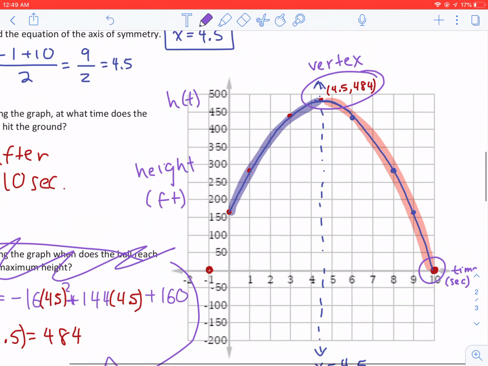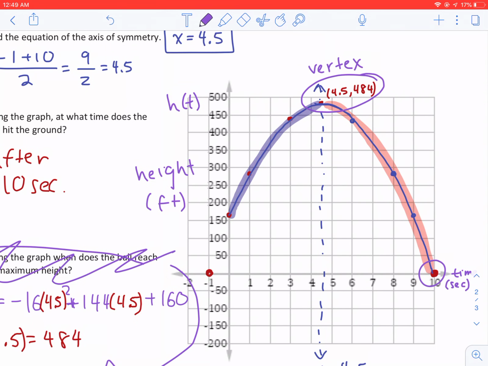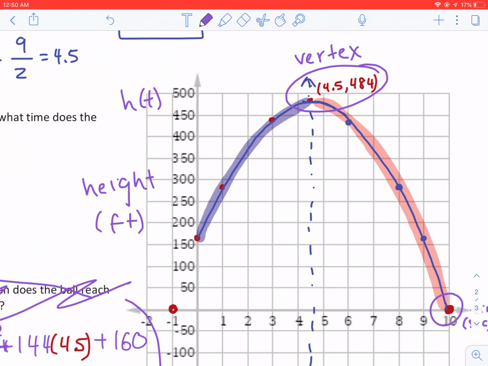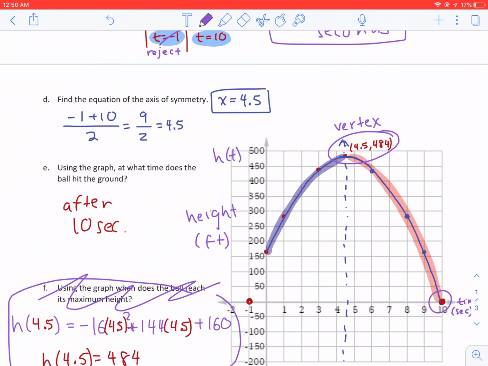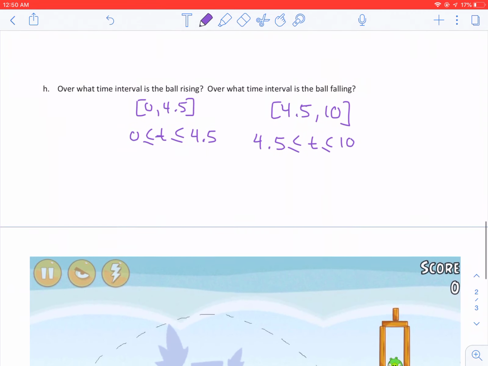So the factoring we did to find the zeros ends up being when the ball hits the ground, and finding the vertex gave us the max height, and when we reached the max height. Alright,